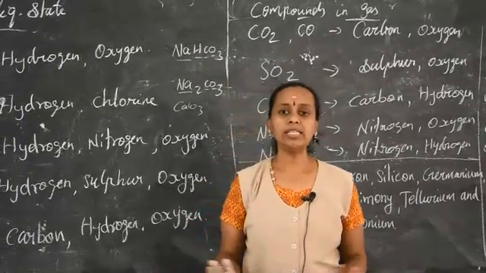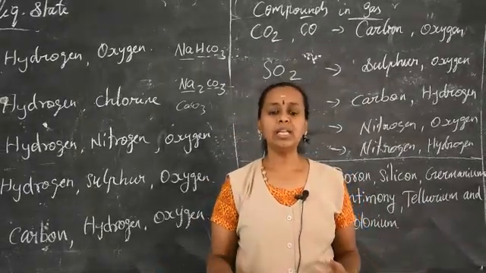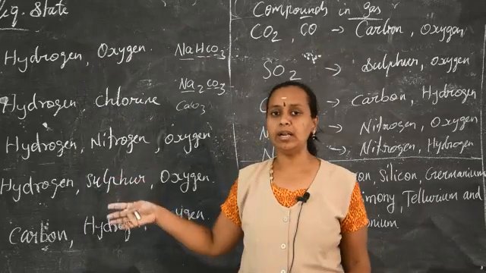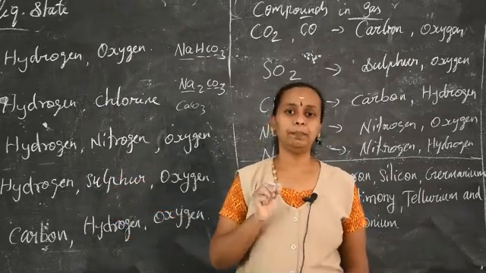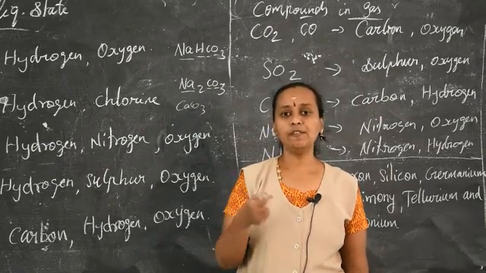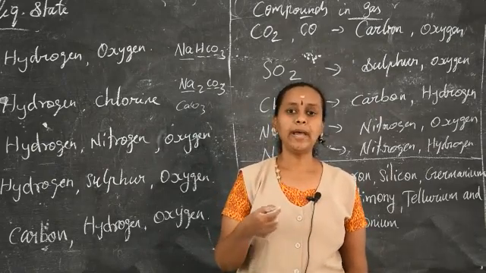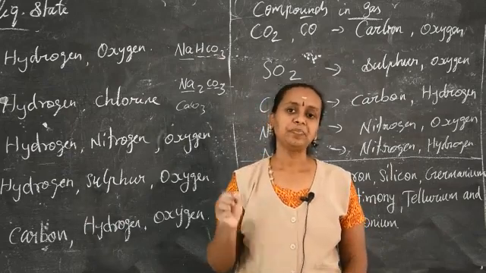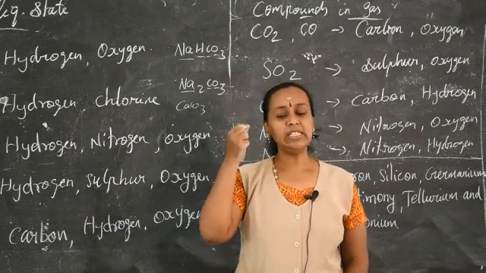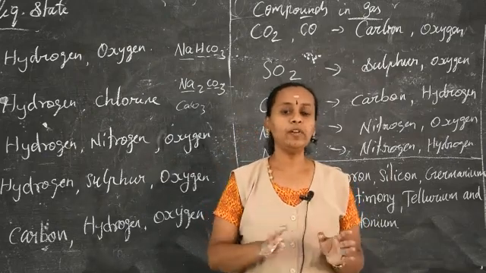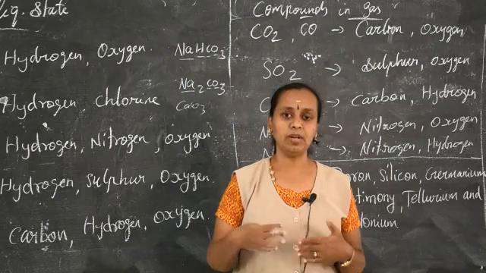So I hope you can understand the lesson. Just go through the lesson once so that it will be easy for you to identify the chemical names, and try to practice writing the symbols. Ask your parents or anyone who guides you to just say the element name and you write the symbol for that. So it will be easy in your mind. This is the basic thing that you learn. When you go up, no one will teach you all these things. So learn from now onwards.